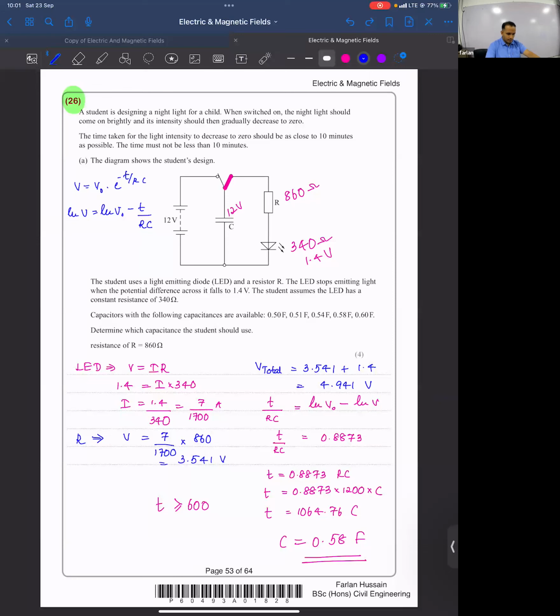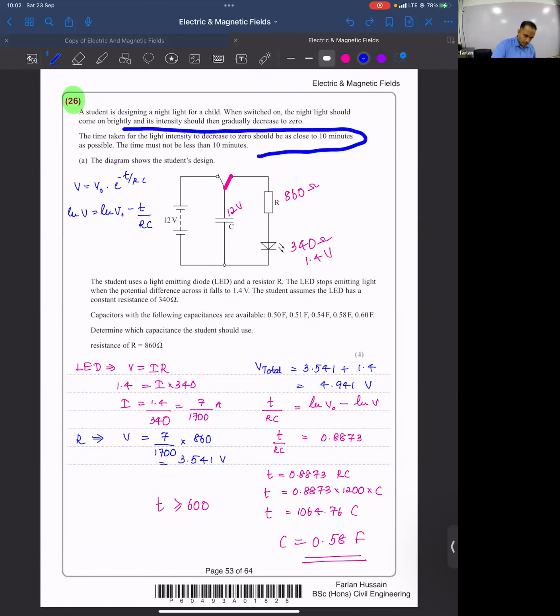The student uses a light emitting diode and a resistor R. The LED stops emitting light when the potential difference across it falls to 1.4 volts. The students assume the LED has a constant resistance of 340 ohms. And also here they have told,